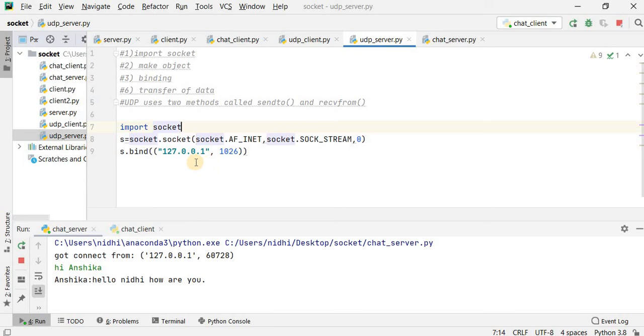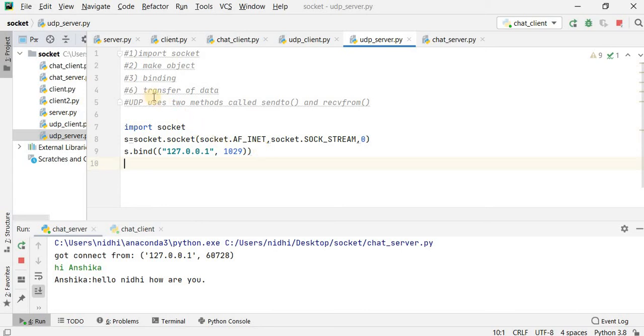Then the object binding should be there: the server socket is bound to this particular address, and the port number of the server is 1026. You can use any port number. Suppose I am using 1029 in that case. Then after the binding you have to immediately transfer data. Here is one restriction in UDP communication.